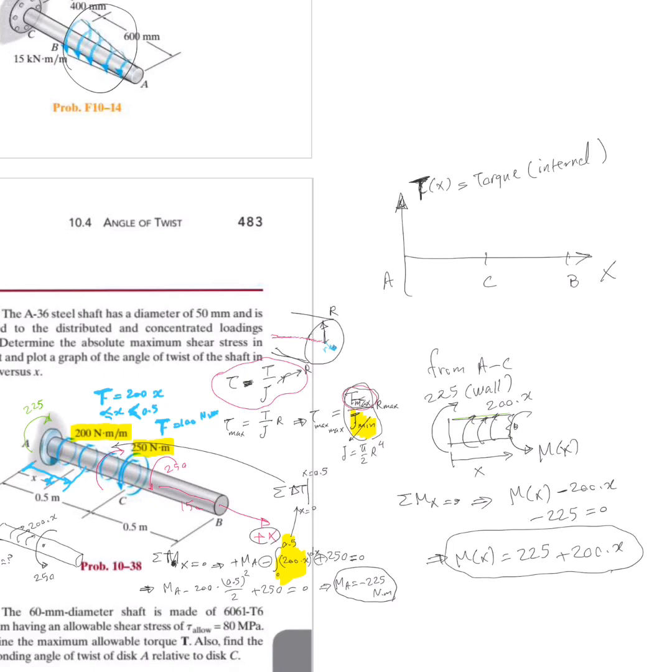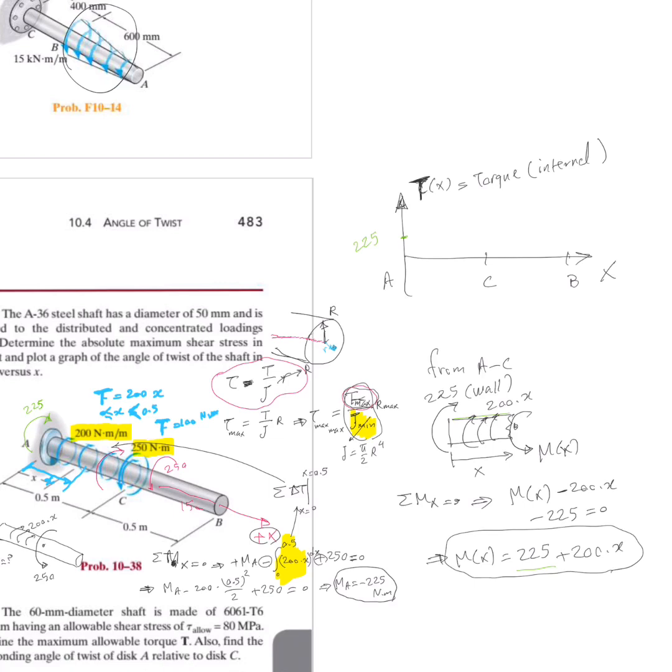It is 225. Okay, so this makes sense because the external was negative 225, but the effect on internal becomes the opposite according to Newton's third law. So I put here 225 when X is 0,